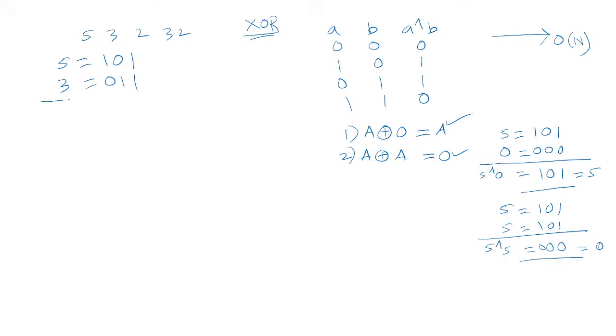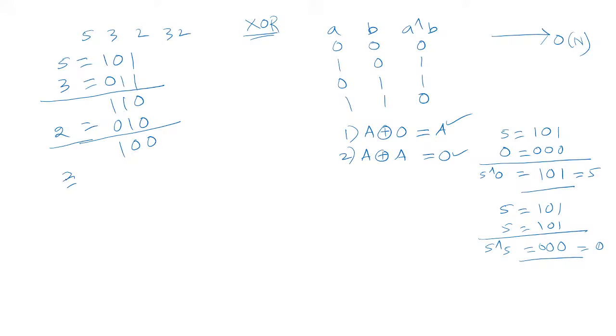Then we perform XOR: same 0, different 1, different 1. Then you XOR with a 2 here. 0 1 0 is 2. This is same 0, and this is 1. So again perform XOR with the next